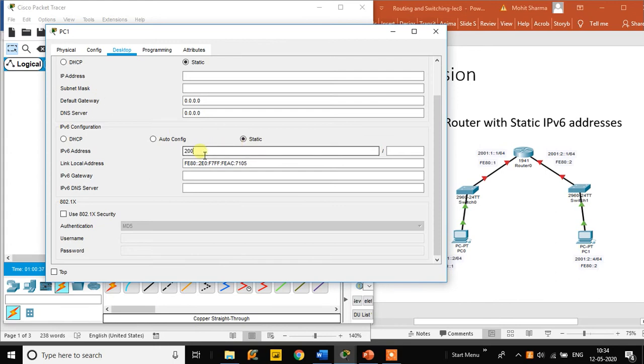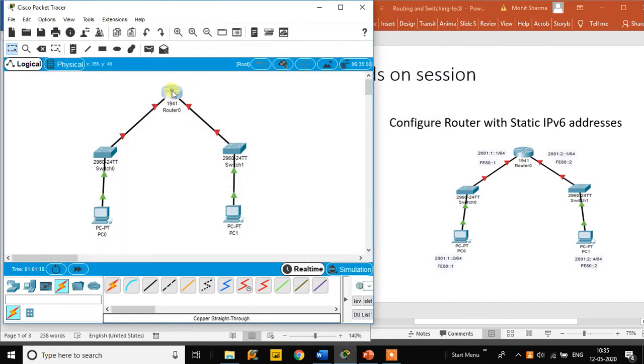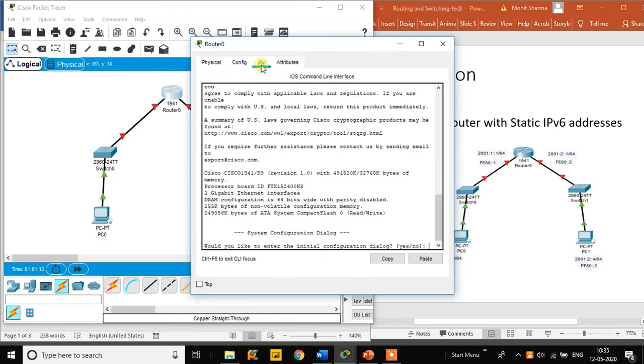Now we have to assign 2001:2::4, and /64 has to be assigned here, and then we have FE80::2 as the link local address, and our IPv6 gateway is the G0/1 interface IPv6 address. So 2001:2::1 is the IPv6 gateway.